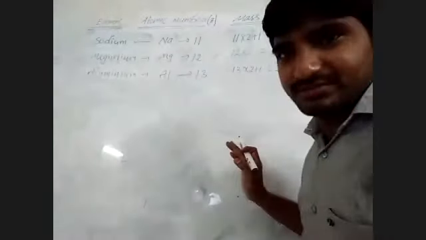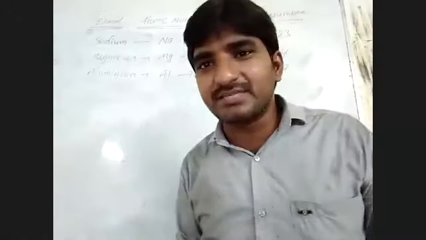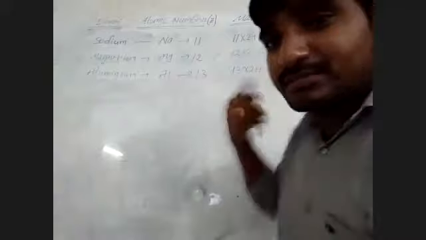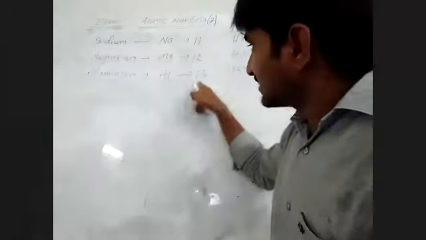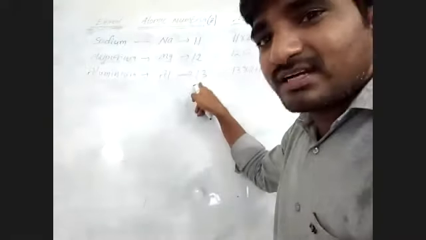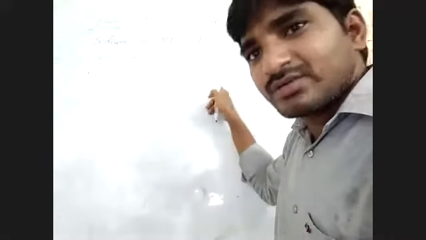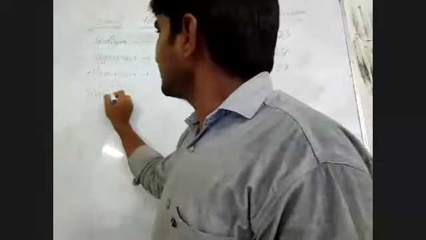Easy to understand. So in the competitive exam they ask what is the atomic number of aluminum? What is the mass number of aluminum? 27. Some people learn it by heart. So the atomic number is 13. 13 is an odd number. Odd number, 13 into 2 plus 1. Simple how to identify.